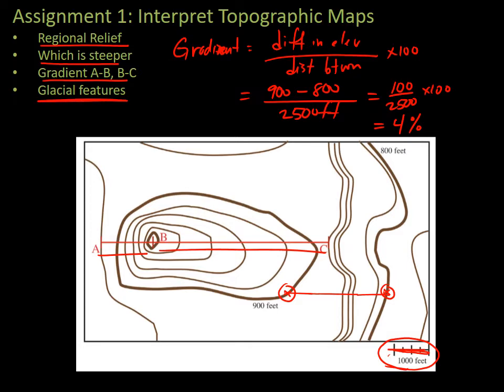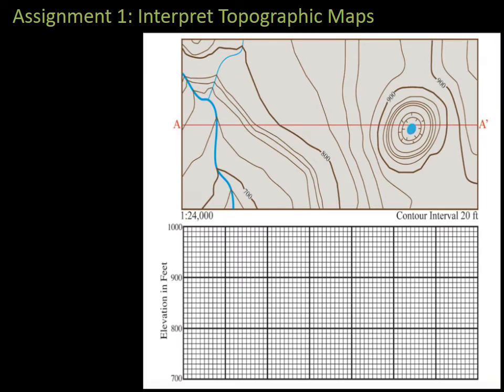It was created, or could have been created, by glaciers moving over the landscape, and the details as to how to figure out what happened to create this landscape are explained in more detail in the assignment. Finally, you're going to be using this topo map to create a topographic profile. That is, what does the landscape look like if you were to go from A to A prime along this